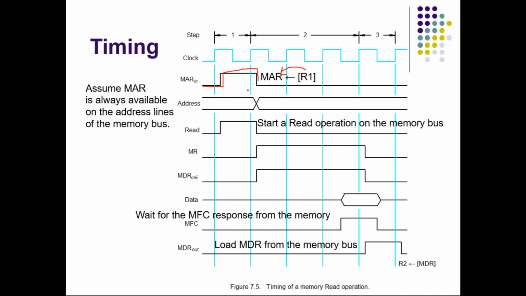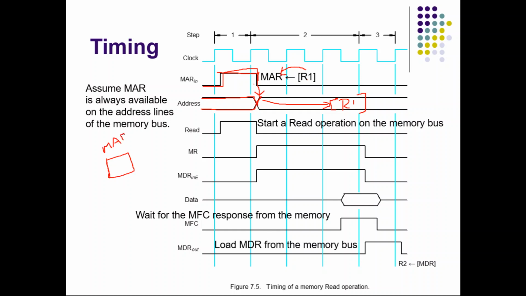Then whatever is available in MAR will be moved to the address bus. So this is the address bus. Here you can see there is a change in the address bus, which means that previously the address bus contained some address, but once MAR is loaded with the new address, that new address comes into the address bus. There is a slight time difference, but now the address specified by R1 is in the address bus. We are talking about the external address bus because we want to read from memory, right? So MAR.